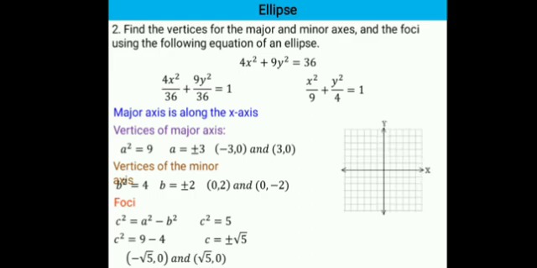Sketching now, we have here, first is negative 3, 0, 3, 0, 0, 2, 0, negative 2. That will now be our ellipse. And for the foci, since square root of 5 is, I think, only 2 point something, we estimate here that it is located in there and in there. So next,